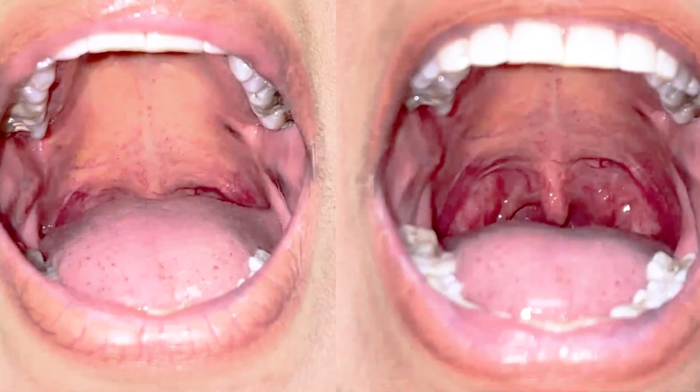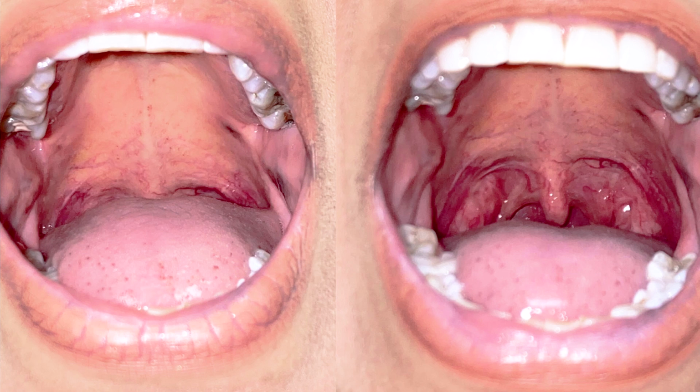But that concludes, I think there's, if you go one more, I think, yeah, so this is it. So this is the results of the laser treatment. This is after one application of the laser. So if we're looking here,